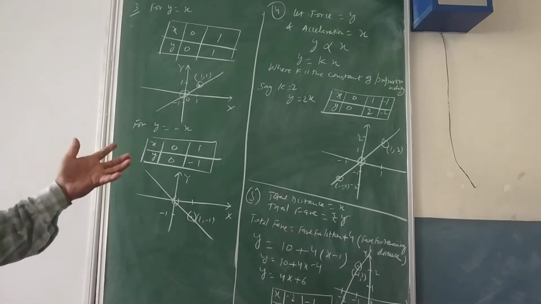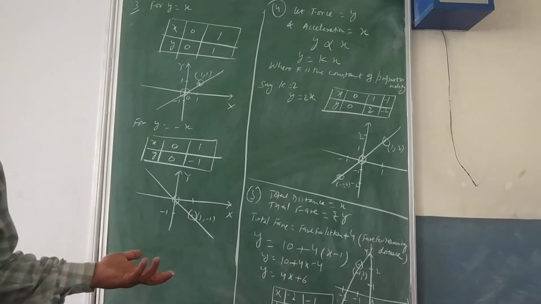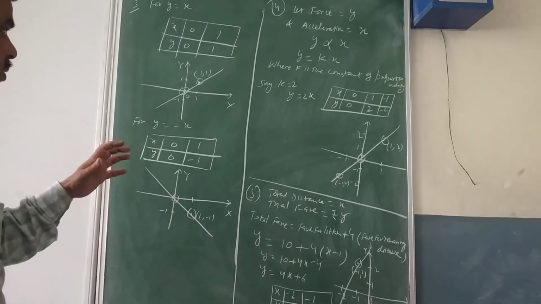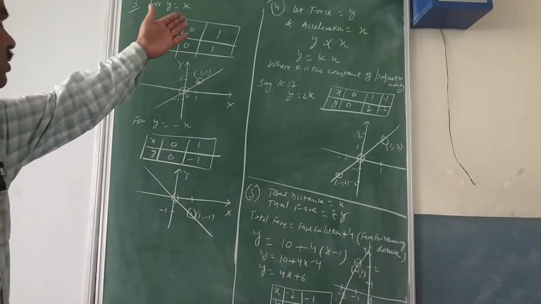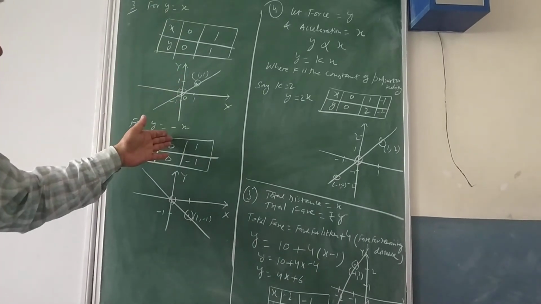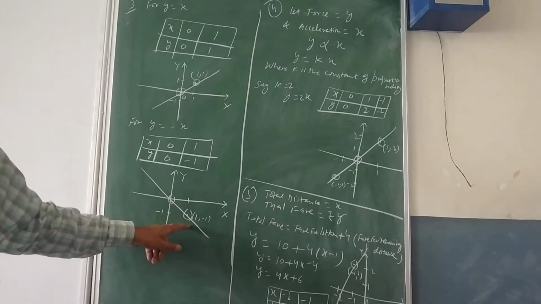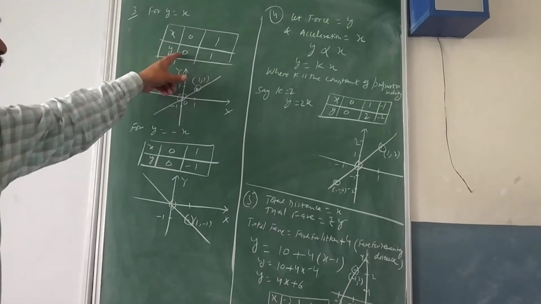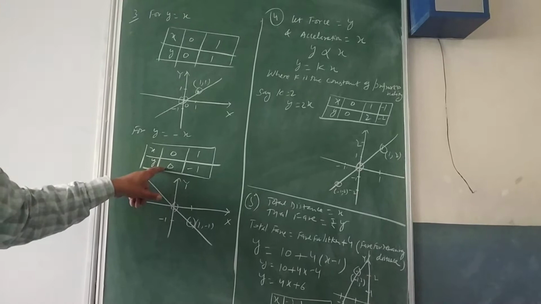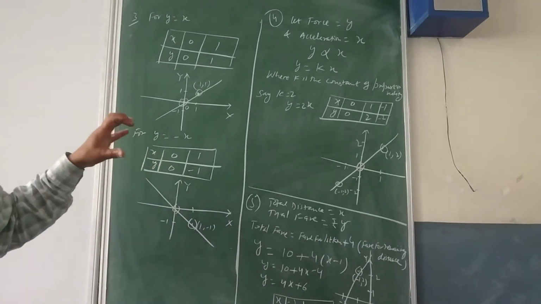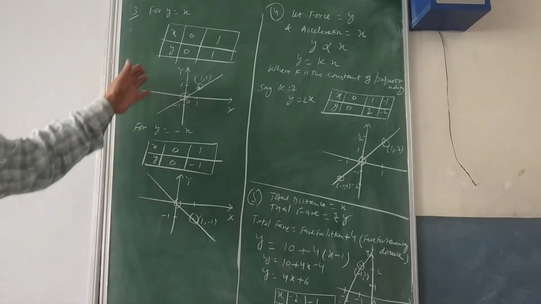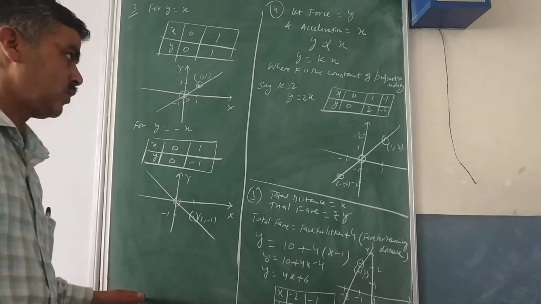So what is the common thing you are finding? Both are the straight lines, that is obvious because linear equations in two variables always will be the straight line. But the common thing in both the graphs or both of these equations, one is positive and one is negative, will be passing through the origin. Why? Because you can see 0, 0 is the common part here as well as here. So that is our observation that both the lines are passing through the origin, that you have to write in your second part of your answer.